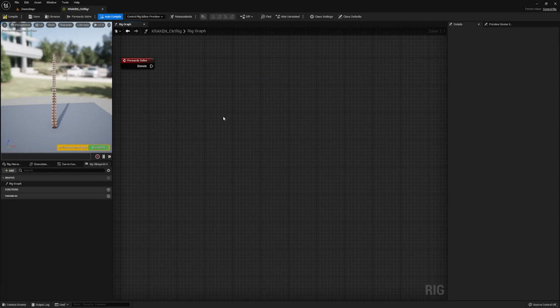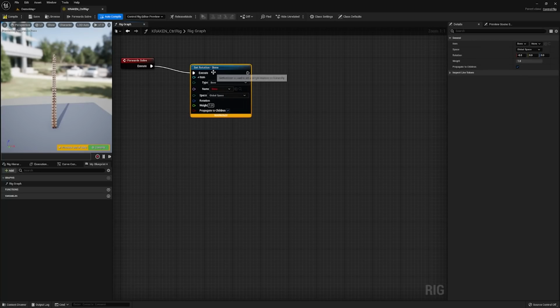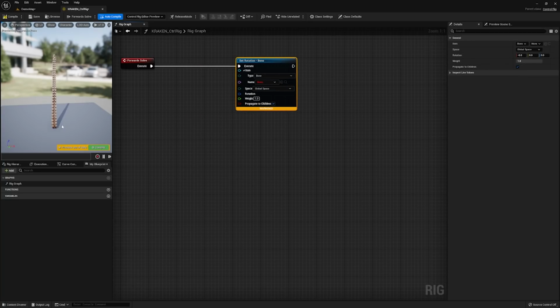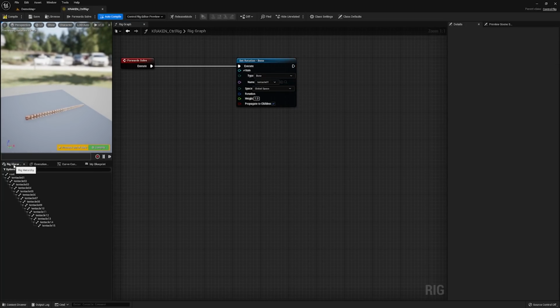We're going to create our first control rig now. To begin with, I want to point the tentacle in a given direction. So I'm going to go ahead and call Set Rotation. Now, we need to tell it which of these bones is the parent for the rest of the rotation. So I'm going to call Tentacle 1. You can see that it's rotating. We need to inform this, though, of a direction to rotate.